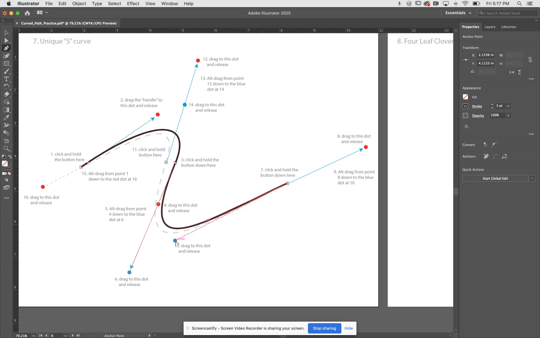Now, again, if you've already let go of your mouse when you've gotten to this point, let's say you let go right here, that's okay. All you need to do is hold Option on your keyboard and we can swing this point around where it needs to go for step number 10. Once we have dragged this handle all the way over here, we're going to then start moving our way